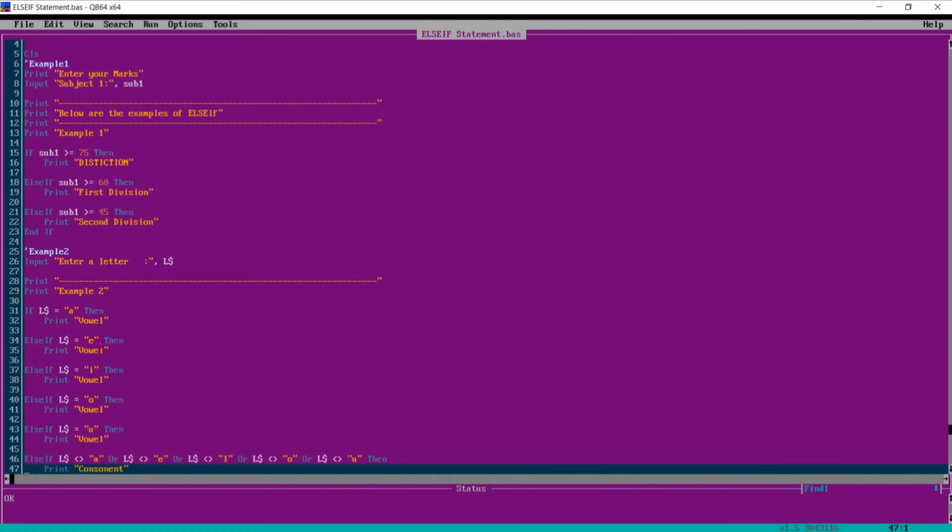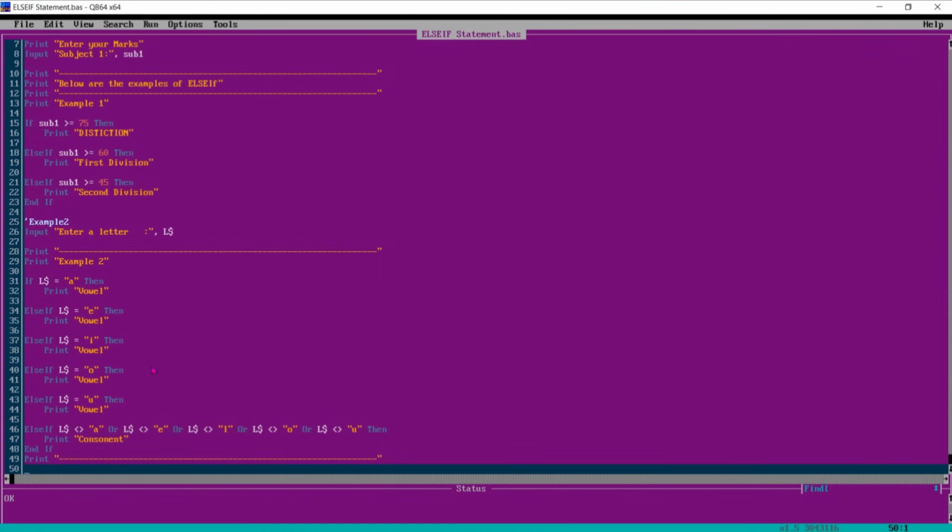Similarly, else if this is equal to E, else if this is equal to I, else if this is equal to O or U, then print vowel. Else if it is not equal to A, E, I, O or U.